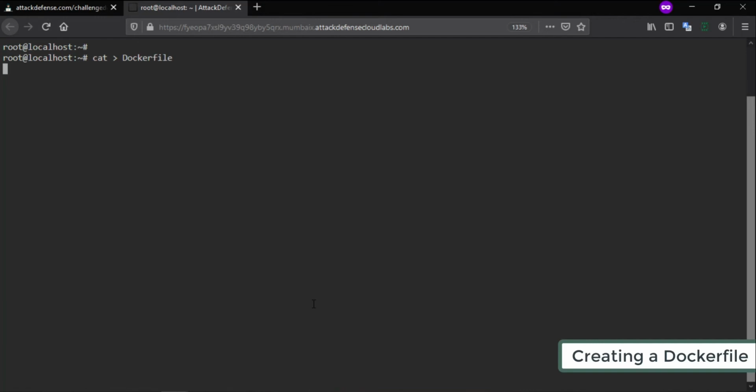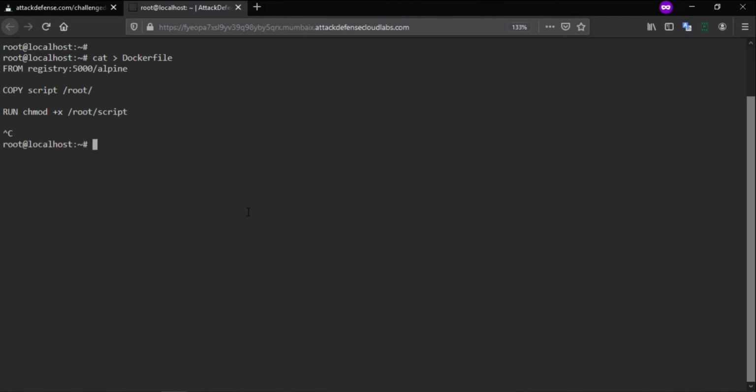In this case, we paste in some known script. We use FROM and then the image registry:5000/alpine. And FROM is basically a command that is required for you to build an image. Just with this command, you can actually build an image with only FROM. But here we actually call out a specific image from the registry